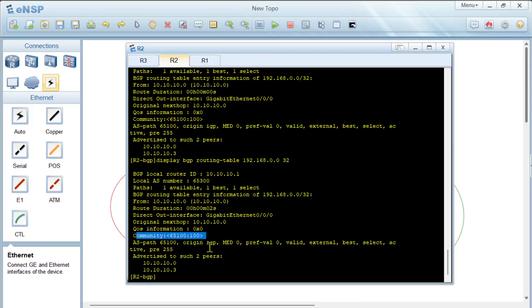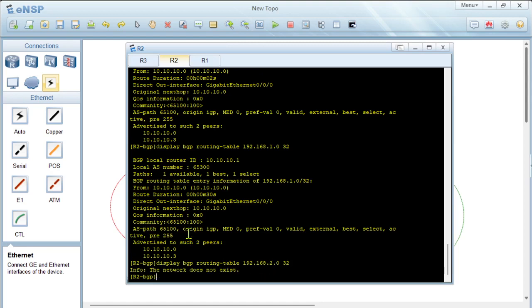And remember, you can go ahead and add multiple communities. You can have multiple communities added on the same route, and you can use them to achieve the objective that you are trying to achieve. So if I check the other route, .1, you also find that we have a community, but the one that we haven't tagged, .2, you will see that display BGP routing table 192.168.2.0. So this route, of course, it hasn't matched